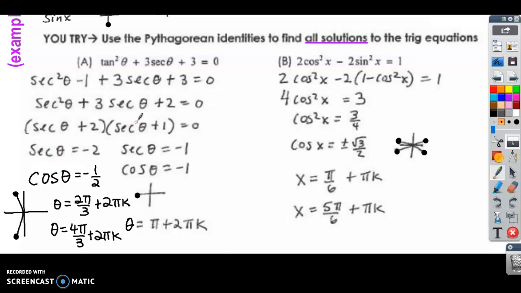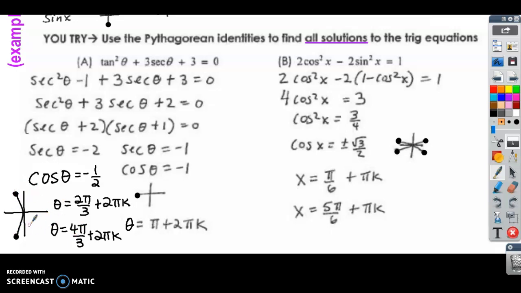Okay, so each of these factors has to be set equal to 0 and solved. This one, you can isolate the cosine and then use the unit circle. Again, here we're using the unit circle, and we're writing all the solutions. Now these solutions